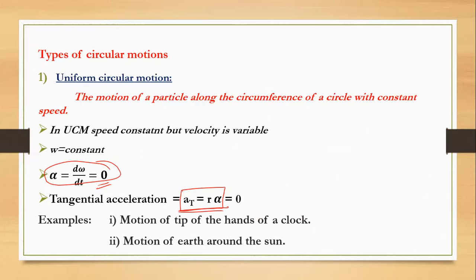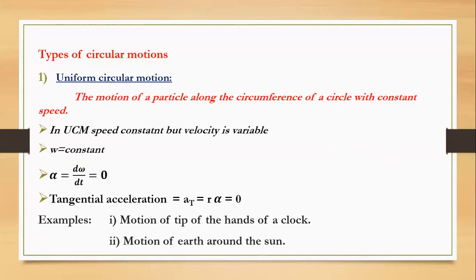Examples: motion of the tip of the hands of a clock. Every hand moves with uniform circular motion. The second example is the motion of the earth around the sun, which is also an example of uniform circular motion. Now after that,